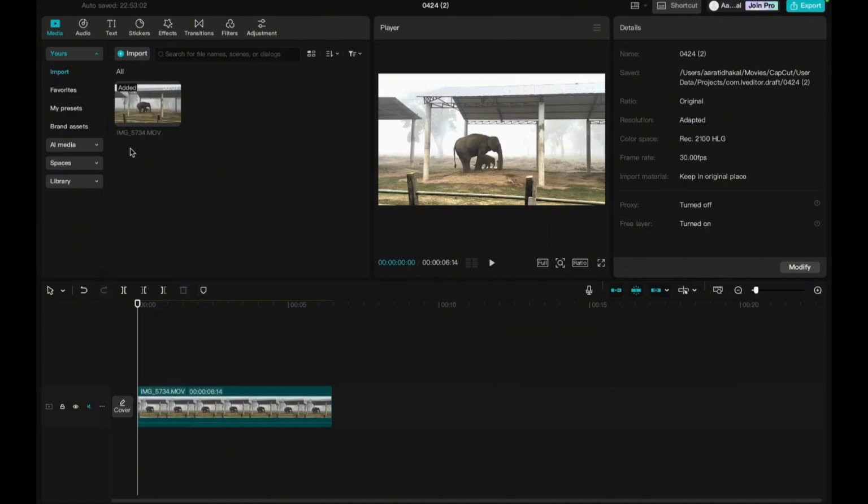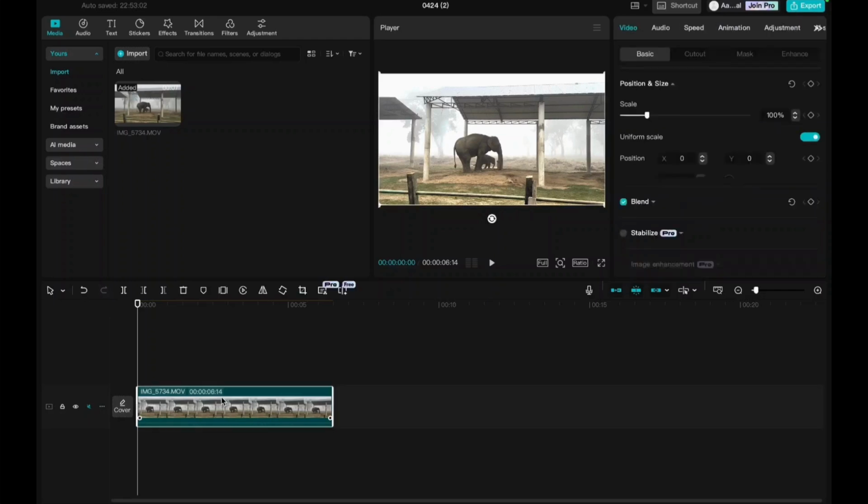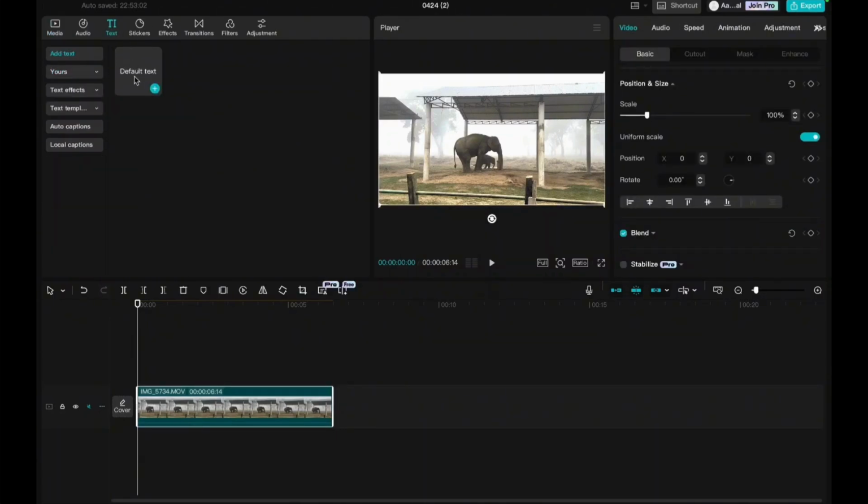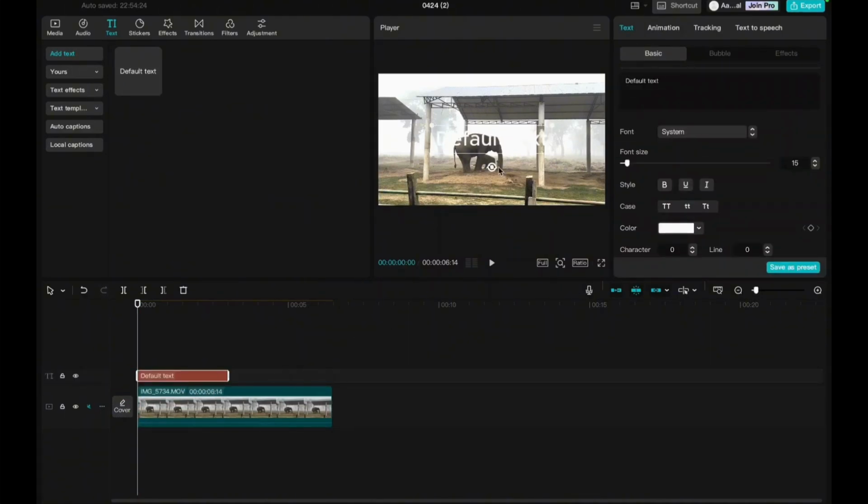So first of all, launch CapCut PC, click on Project and import your clip and drag the video to timeline. Then once done so, simply tap on the text option available at the top tab. Tap on the text. Now write down whatever you prefer. Here I'm typing down motion tracking, and once you type down,